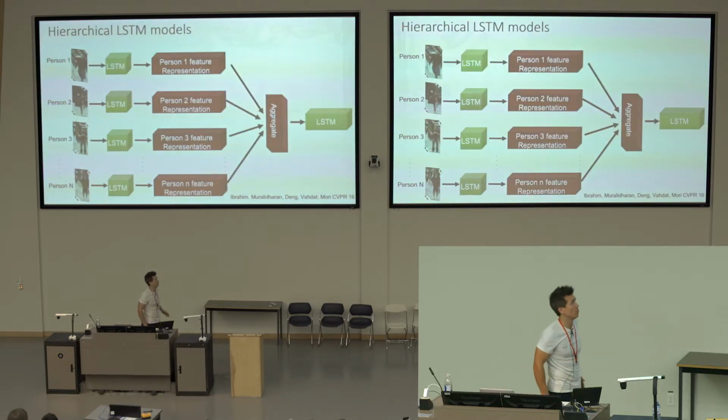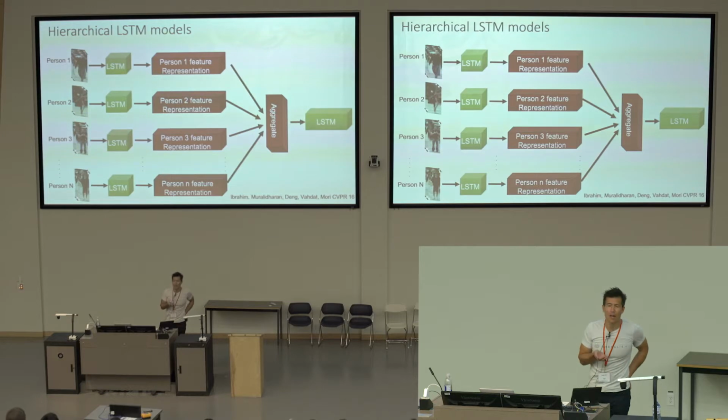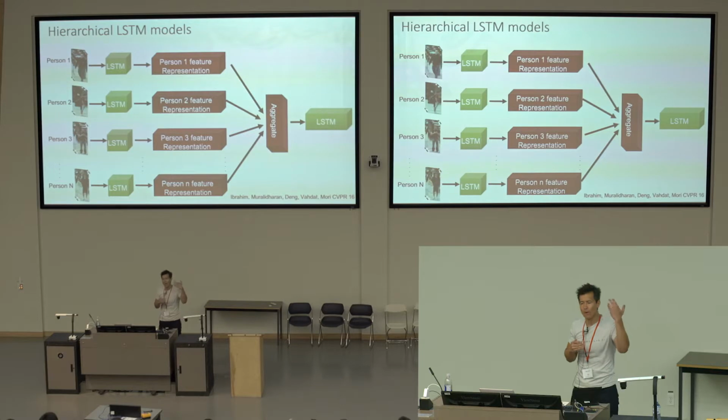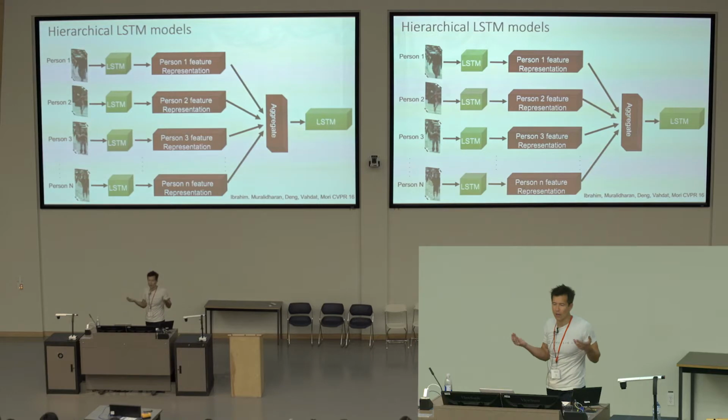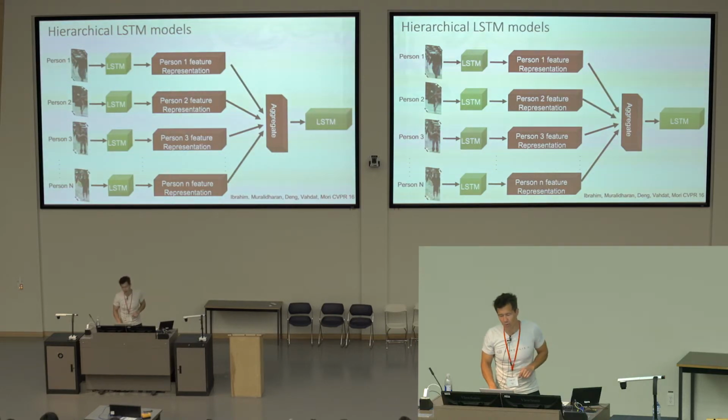Here's an example of what one of those looks like. It uses hierarchical LSTM models, where you take each of the N people in the scene. For each of them, you have a track of what that person's doing over time, feed that into a recurrent neural network structure to get some representation for what that individual is doing, and then have various types of aggregation operators that aggregate those over the entire scene, and again, have a recurrent neural network structure that can analyze that as it varies over time. The output of this higher level LSTM would be, for the whole scene, what's happening right now, what's going on in terms of the group activity that's present.